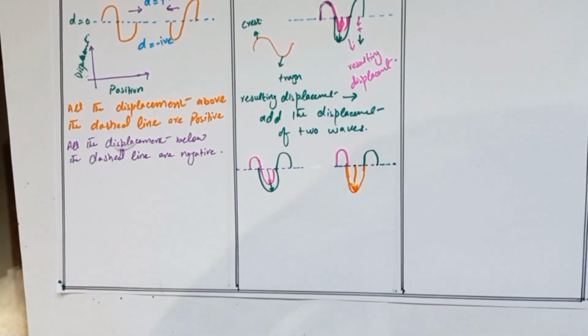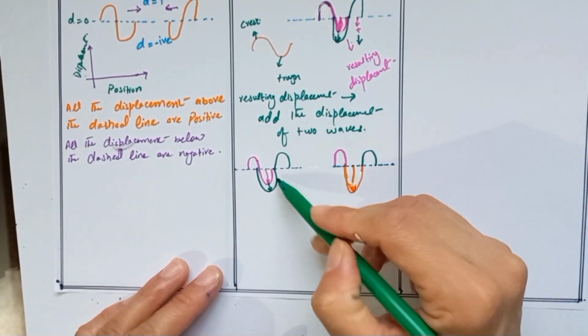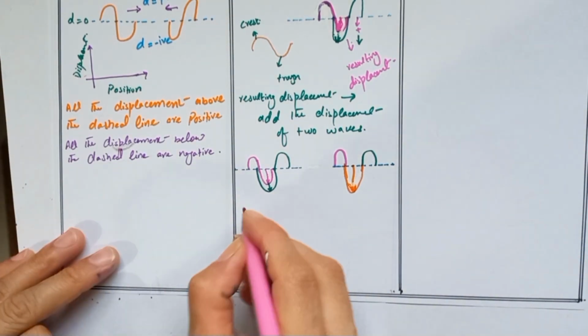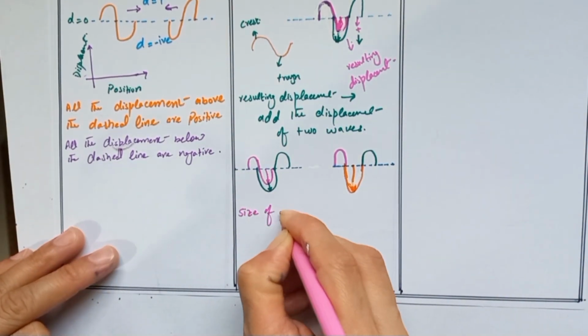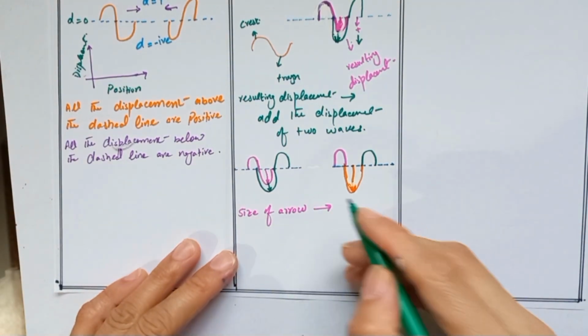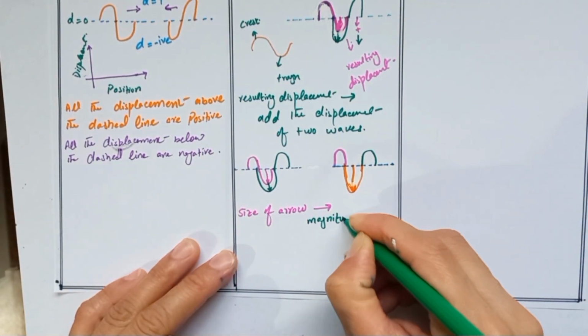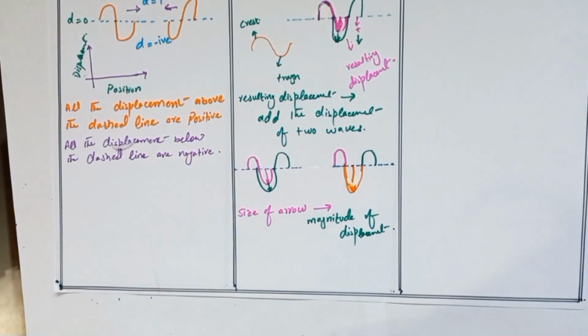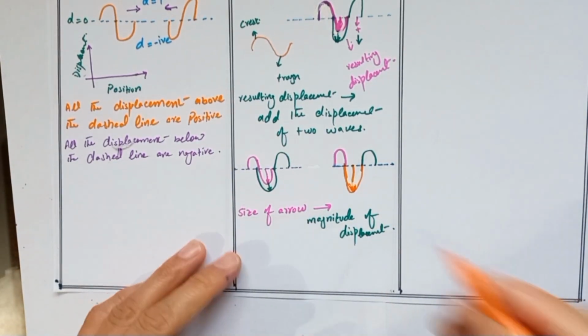The size of the arrow represents the magnitude of the displacement, and the direction of the arrow